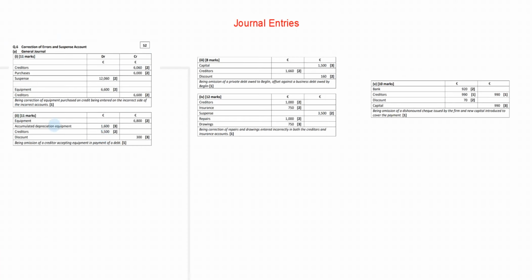Creditors 5,500, depreciation and discount 300. So we had all that. And you can see the marks as well. You can see that some of the easier stuff is actually given 3 marks. So the discount is given 3 marks because they don't say in the question, this is discount. You have to come up with the account, because you say,